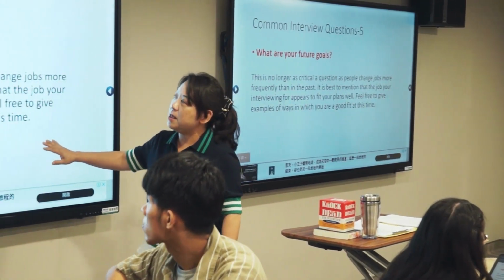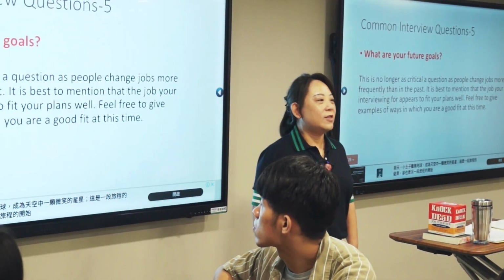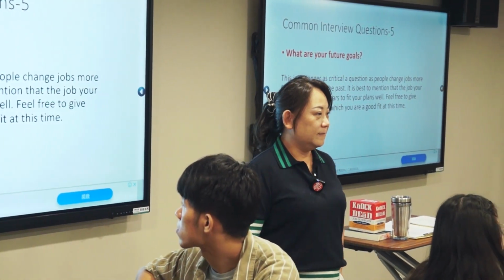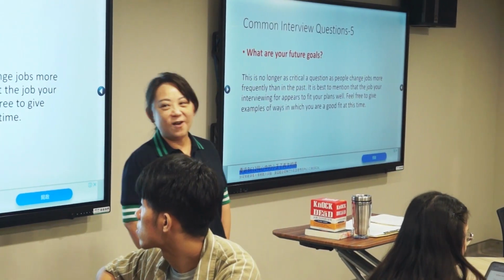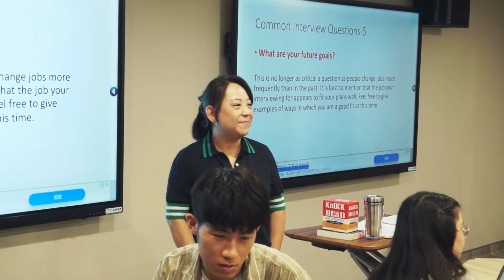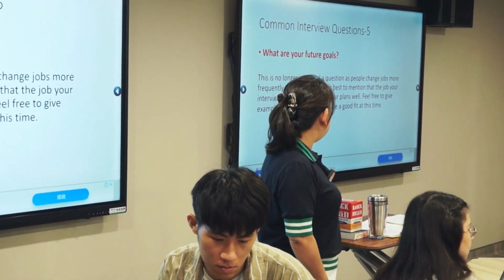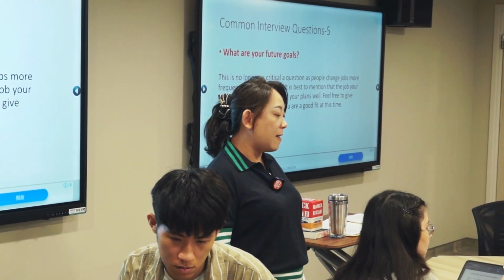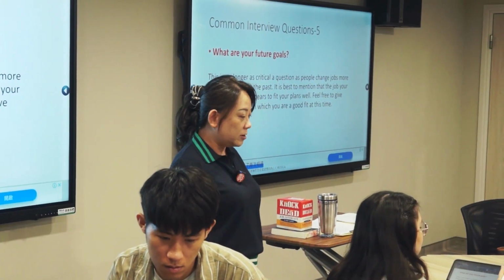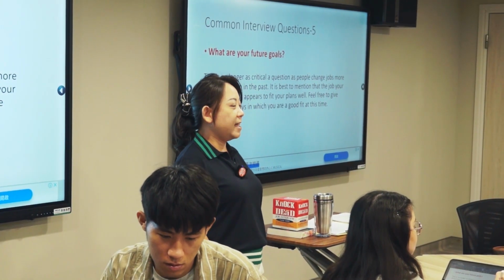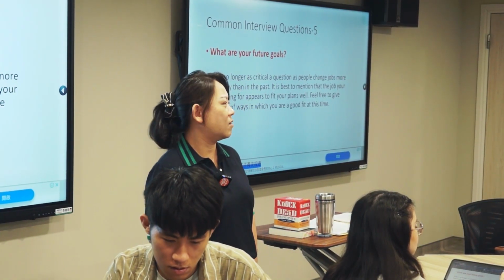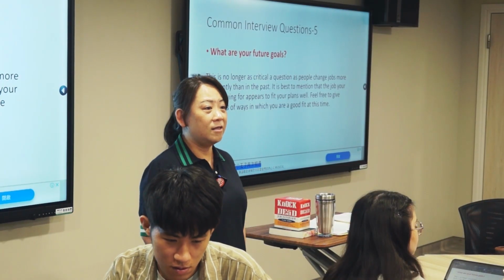All right, then your future goal. Don't tell them, okay, 5 years later I want to pursue my PhD. Nobody knows, 5 years ago, I was going to marry. So funny. Don't do that. You can say, I'm not definitely sure of my goal for 5 years, but I have a 2 or 3 year goal that I'm going to learn something. Don't tell them about the distant future. Nobody can predict what you are going to do 5 years later, right?